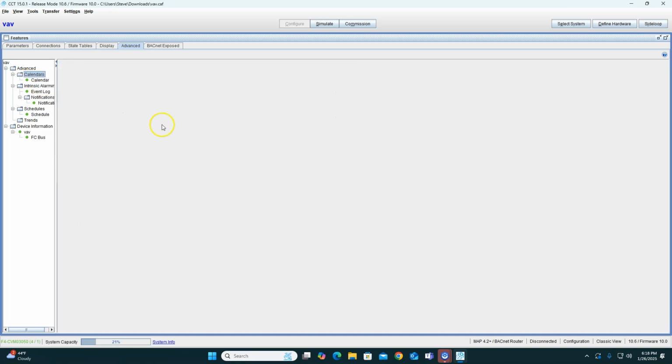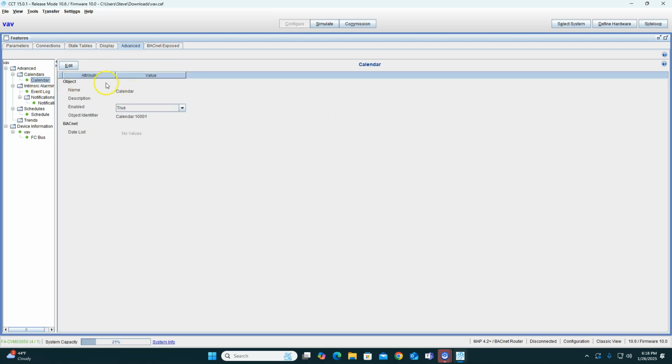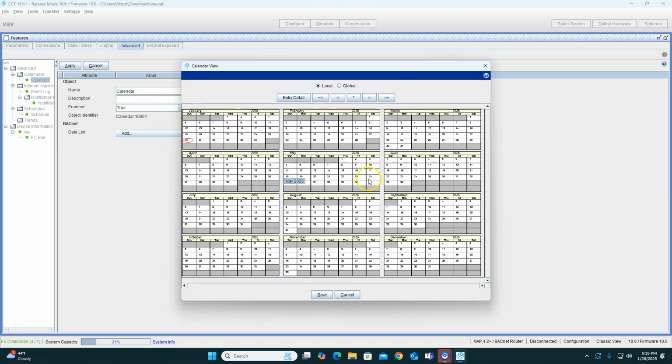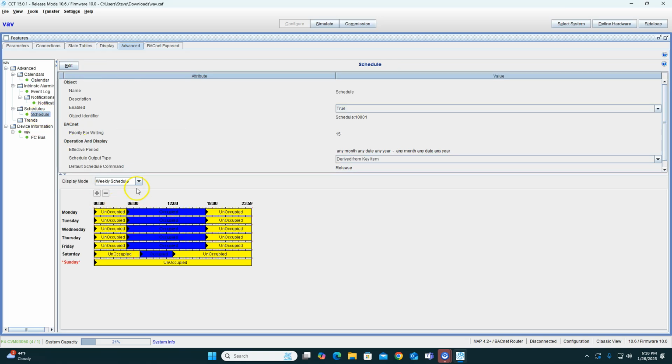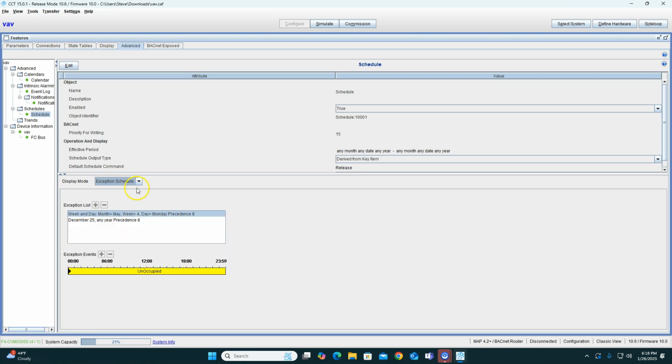Calendar. So if I wanted to add a calendar, I could. You hit edit, add. You pick the dates that you want. Just going to pick random, like I'm picking bingo numbers or something. There you go. Keno. And then hit save, apply. And now if I go to schedule, if I go exception schedule,